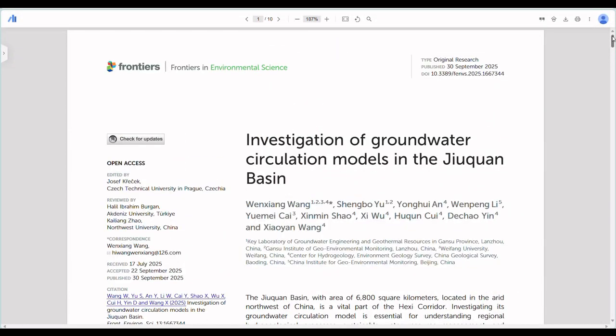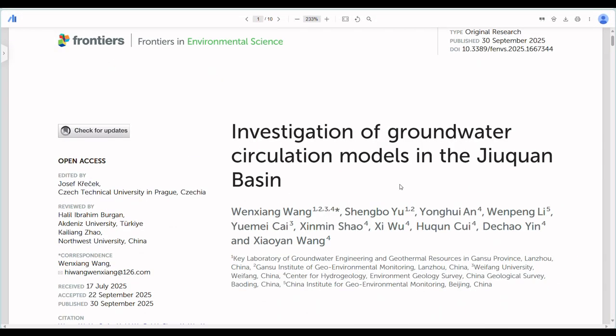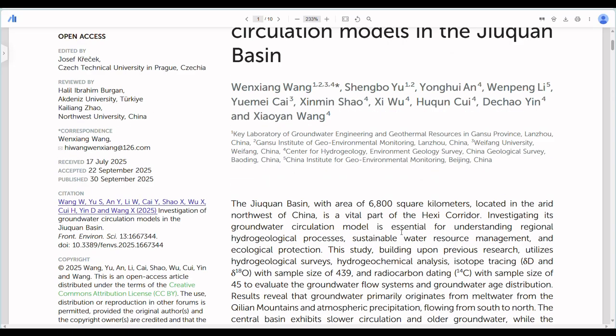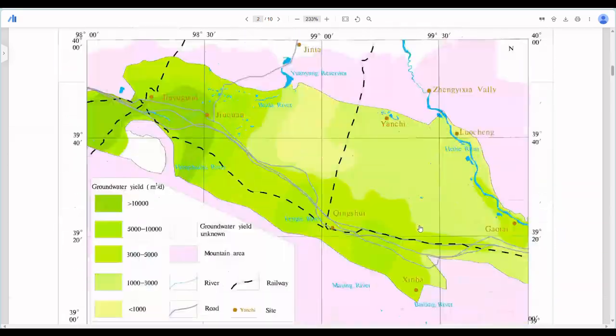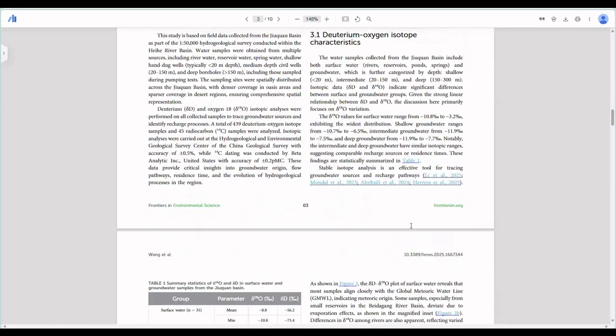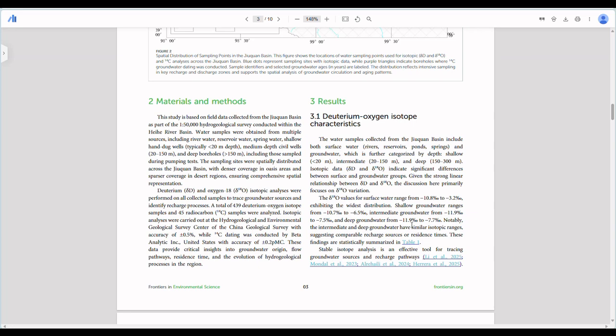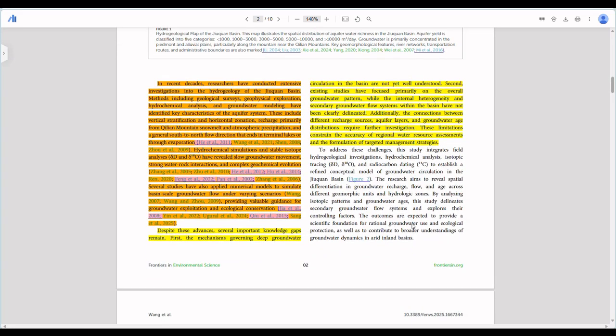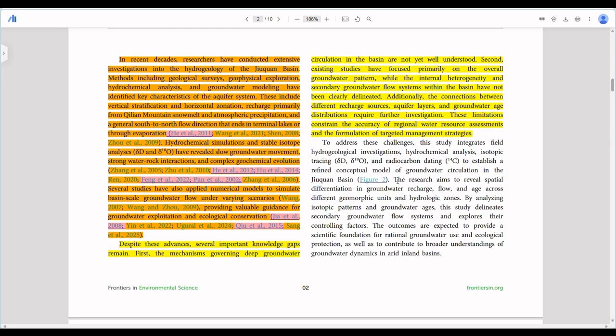The title of the work is Investigation of Groundwater Circulation Model in the Juiquan Basin. All right. From here, you can see that the aim of the study was stated in the area I'm trying to highlight now.